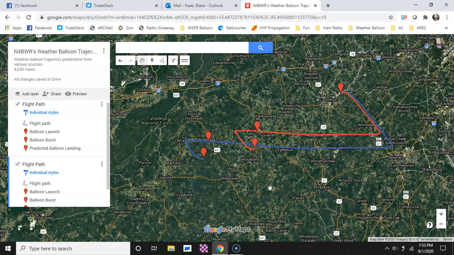So if you want to send me an email, contact me somehow, let me know what you'll be beaconing on APRS. I can add you to the map as well as myself,